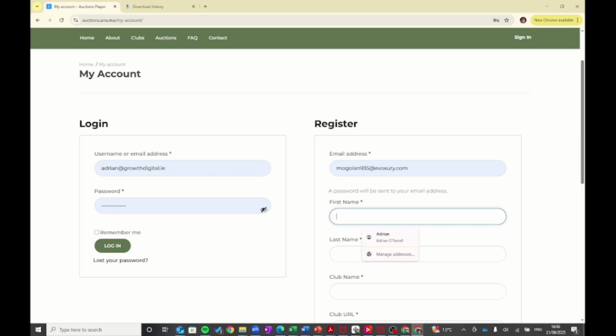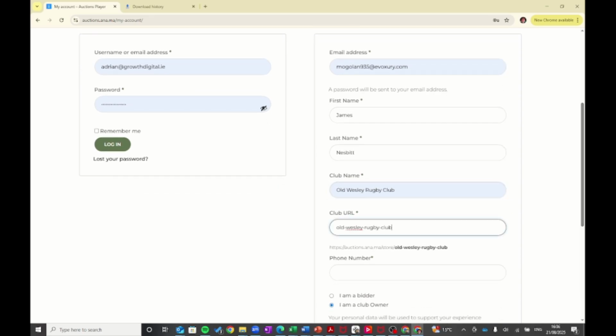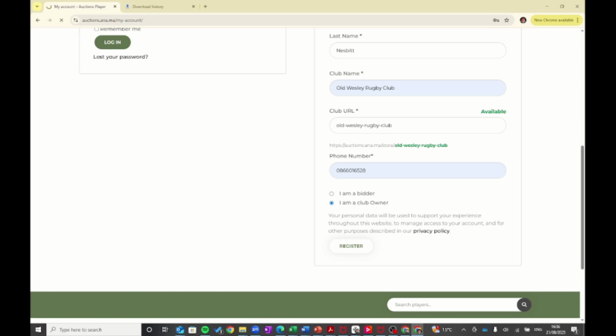my name, James Nesbitt. Pop in your club name. Perhaps include the full name so that it's identified as a rugby club. Once you do that, it'll generate a URL which can be shared along with the QR code if you like. Pop the phone number in, click I am a club owner, which should be pre-done for you, and then click on